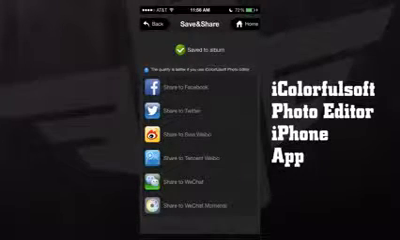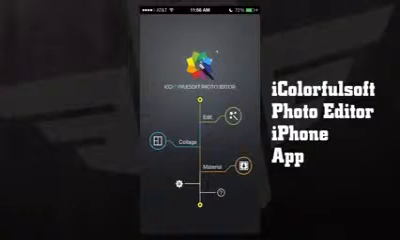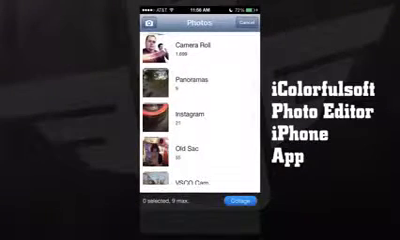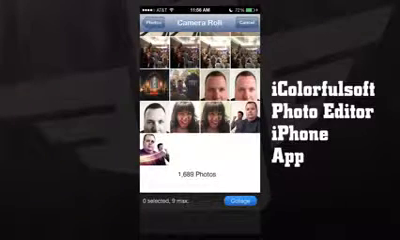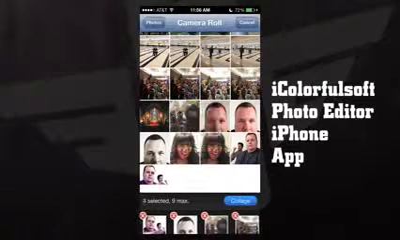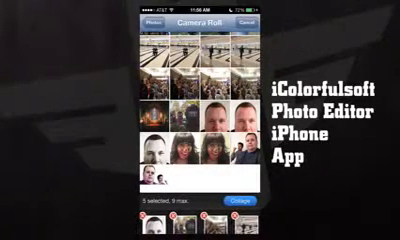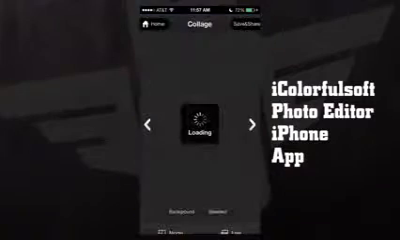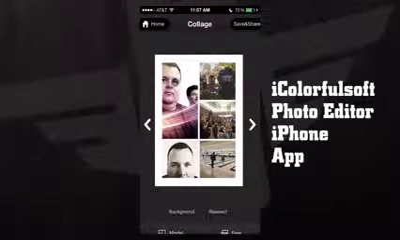Now if we go back home, it's going to bring us back out to our home menu, where we can go ahead and make a photo collage. Now if we tap on the collage, you see that we can select up to 9 photos. So we'll go ahead and tap on 1, 2, 3, 4, 5, 6, 7. Now that we've got 7, we'll go ahead and hit the collage button,